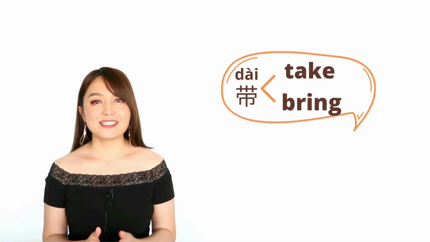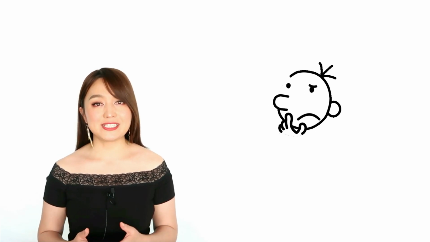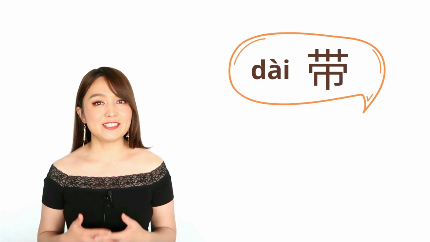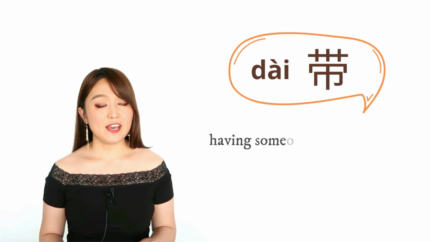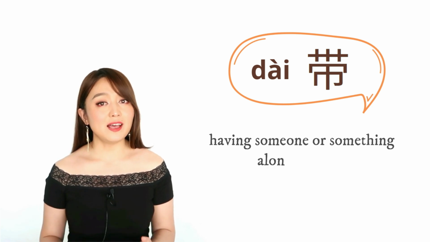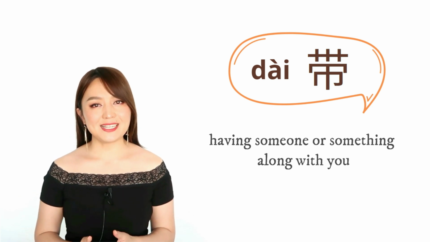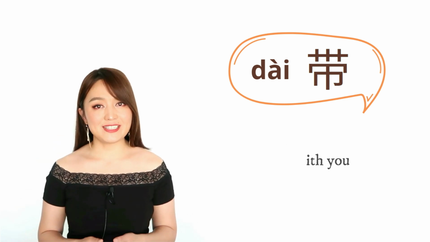The word 带 is even easier. When you learn Chinese, you don't need to always think about the literal translation in English or in other languages. Instead, it's better to just focus on the Chinese definition of the word. In Chinese, the word 带 only means to have something or someone along with you. It doesn't matter the direction. So in the following example sentences, just keep this definition in your mind and you will see it's quite easy to understand. But anyway, I will put the English translation underneath just as a reference.